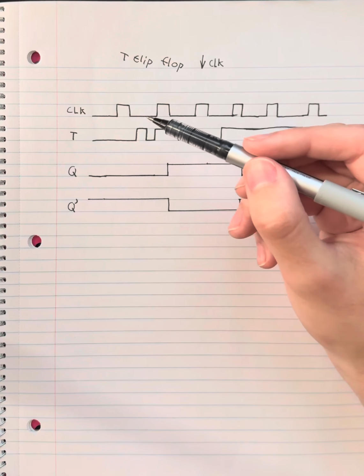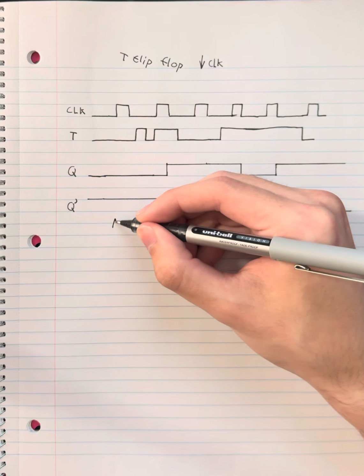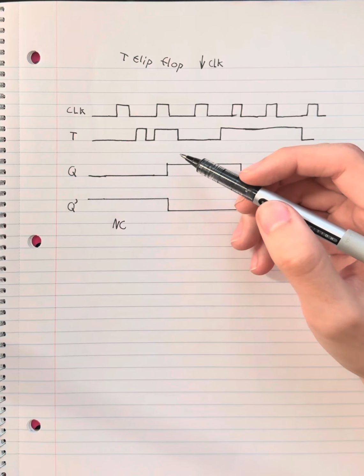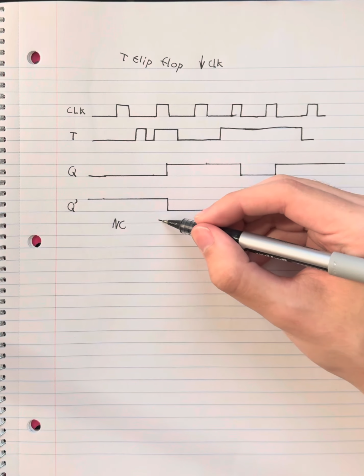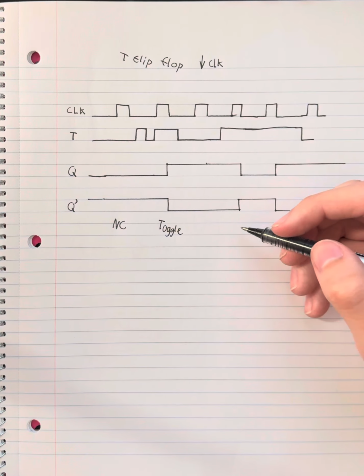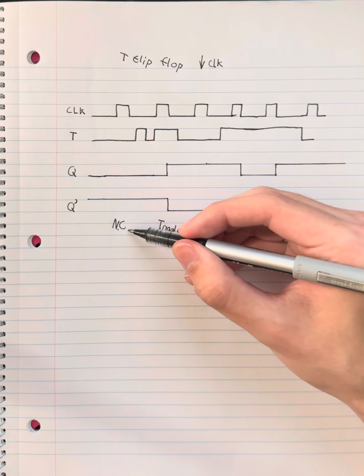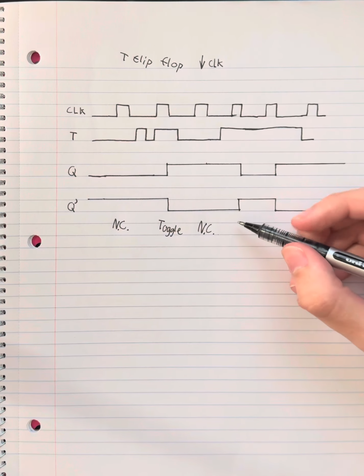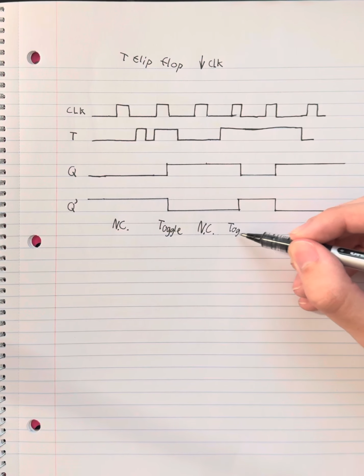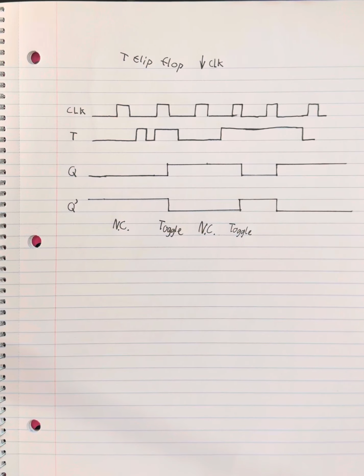And then I can go and put my timing diagrams. So this would be no change. This one would be toggle. This one would be no change. This would be toggle. This one only has 2 possible states, either no change or toggle, but if you had a more complex one,